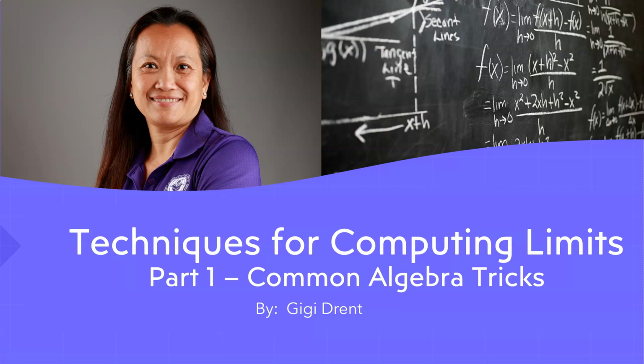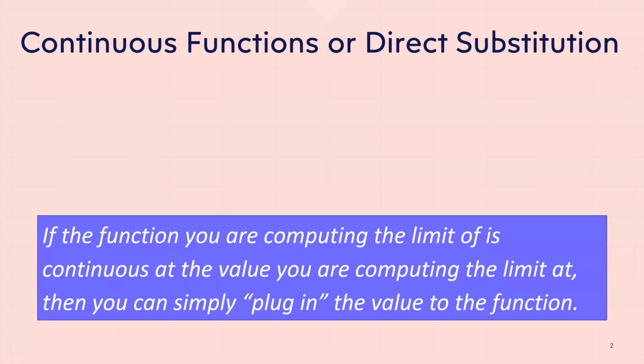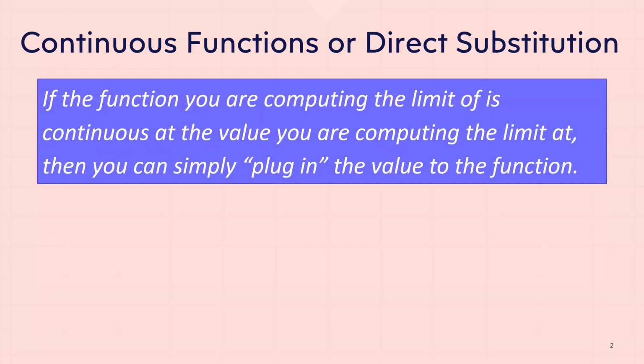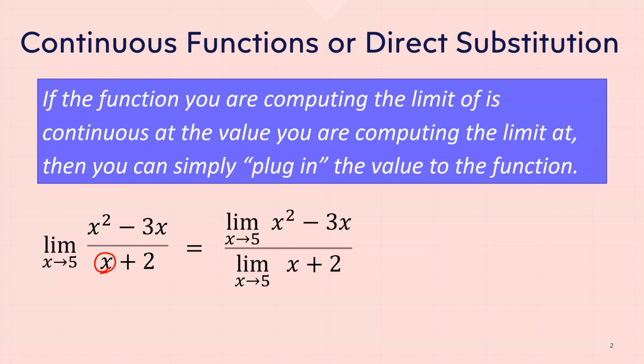All right, so first, we have this trick called direct substitution, or just plug it in. That's the method here. If your function is continuous, then you can just go ahead and plug in. What I mean by that is when you have a problem like so, there is no issue with x being 5, so we can just go ahead and say the limit of a quotient. We're applying the limit rules here. The limit of a quotient is a quotient of the limits, and the limit of a sum is a sum of the limits. So you are